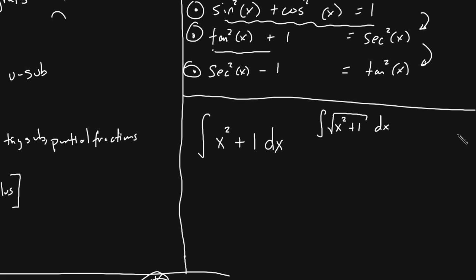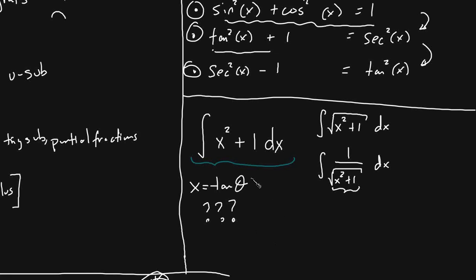You want to make the substitution x equals tangent of theta, and even problems like this, 1 over square root of x squared plus 1 dx, right? Both of these require a trig substitution of x equals tan theta. So what students end up recognizing is this form of x squared plus 1. And so when asking a question like, hey, the integral of just plain old x squared plus 1, they will, when they're in the trig substitution section, default to trying to integrate this with a substitution of x equals tangent of theta. Now, this will work, but why do we want to go down this route